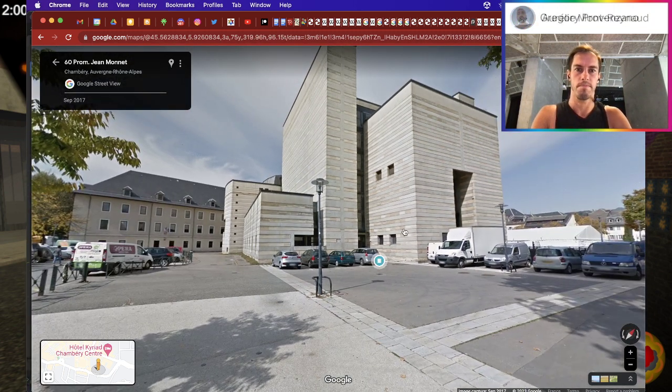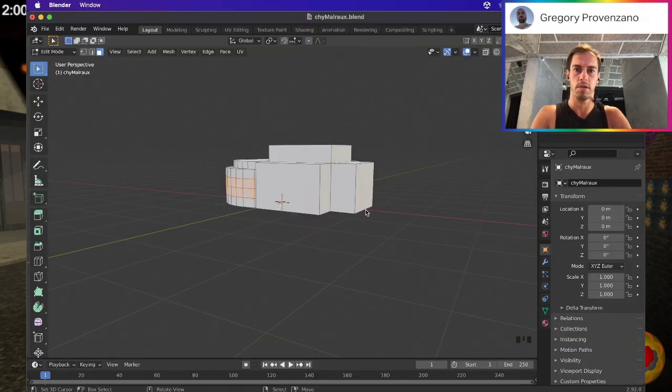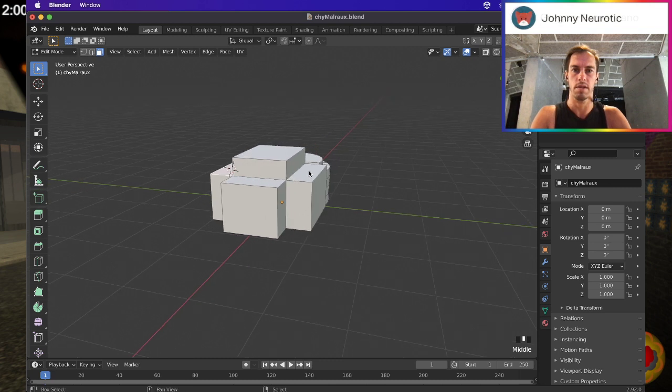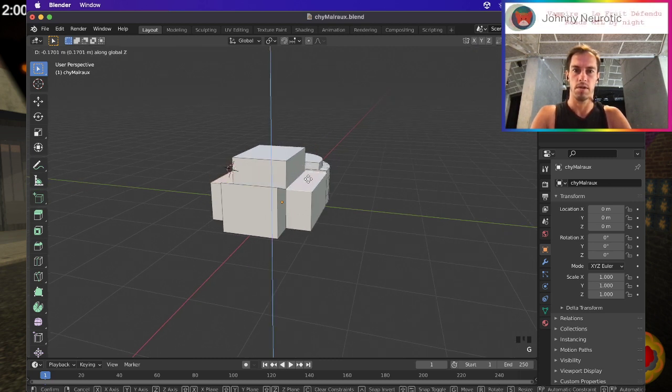And so those two parts are a bit smaller, lower than the top of the cylinder. So what I'm going to do is that I'm going to